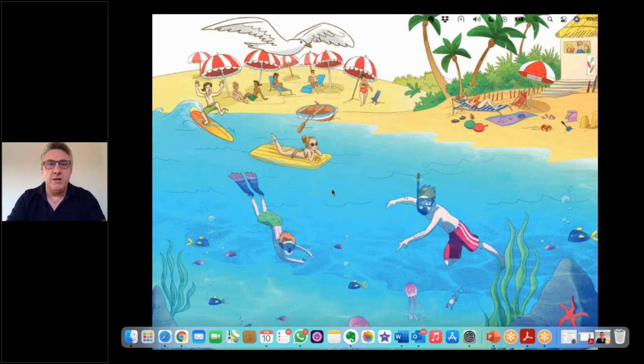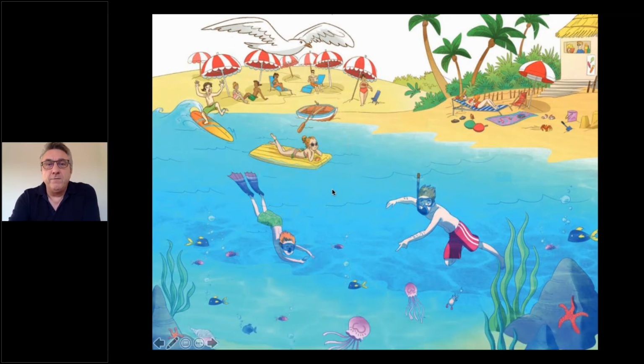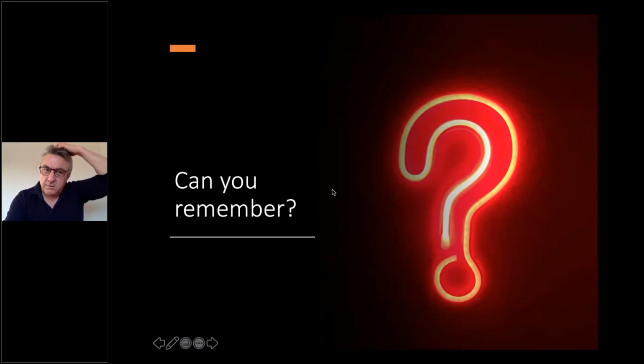Now, if you really want to make it challenging, when you hide the picture, you could say to them, did you remember how many parasols were there? What color are the shorts of the swimmers? How many people were on the beach? I mean, you can make this a real memory game, and so on. And of course, why do that? Well, then I can move a bit more on to vocabulary. That's my "can you remember" game.